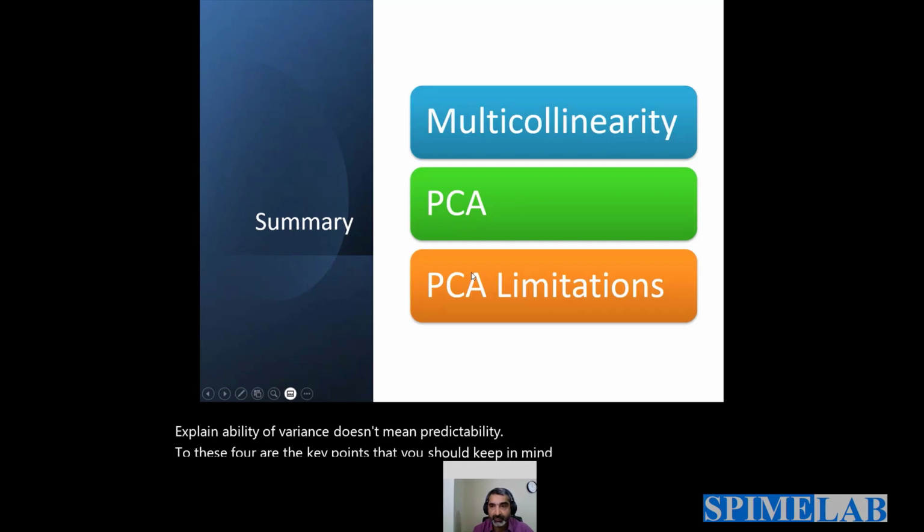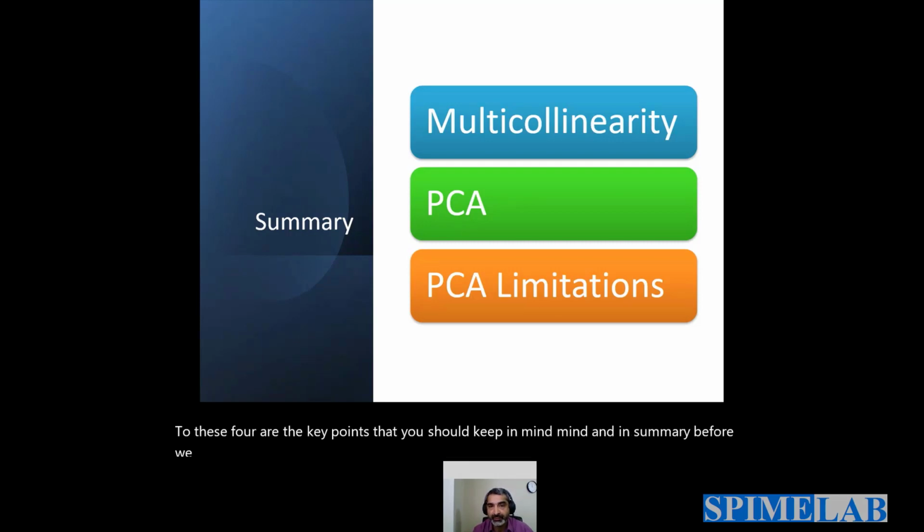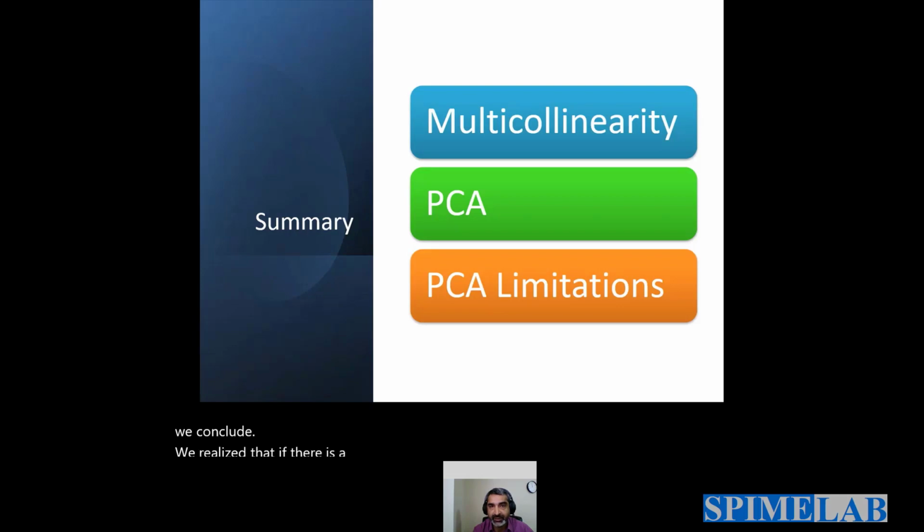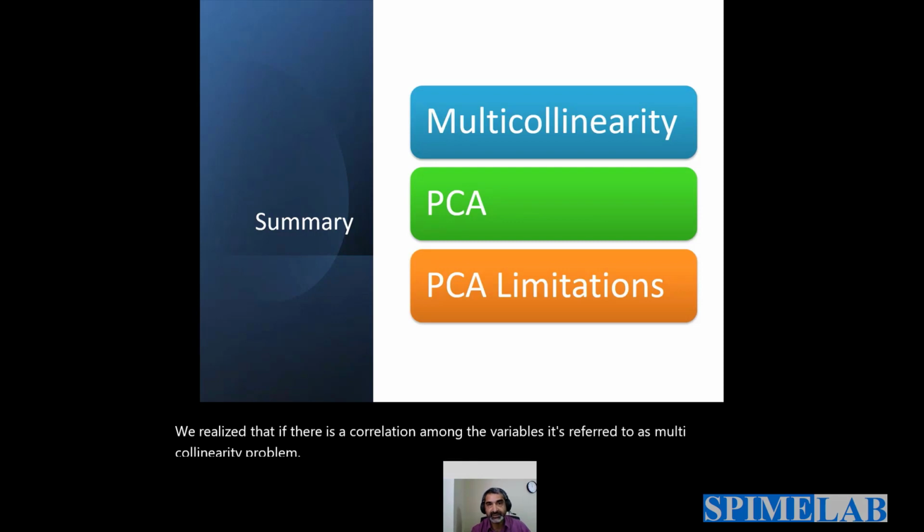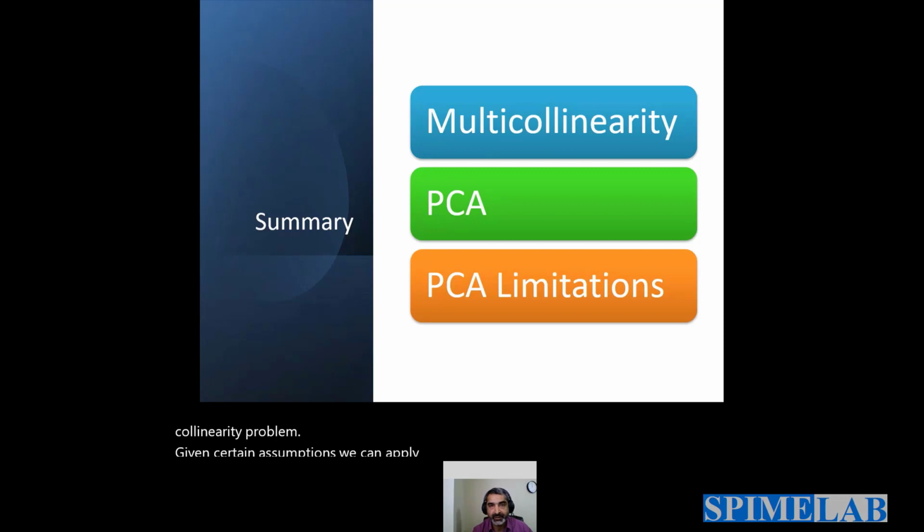And in summary, before we conclude, we revise that if there is a correlation among the variables, it's referred to as the multicollinearity problem. Given certain assumptions, we can apply PCA to remove that. PCA decorrelates variables, and the limitations are that data should be numeric, variables should be distributed in a normal or uniform way, and so on. All right? So we will